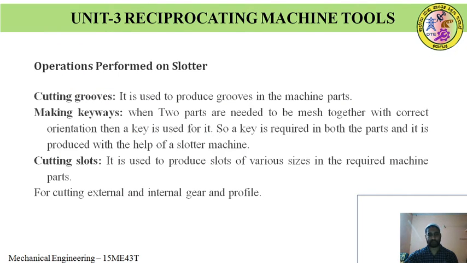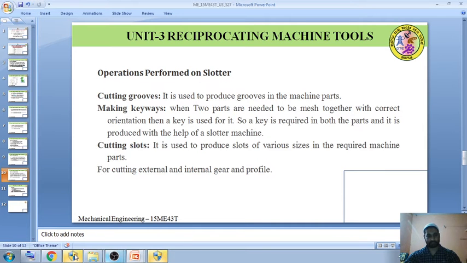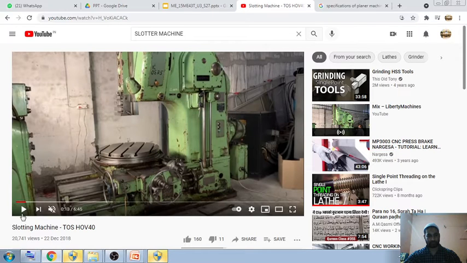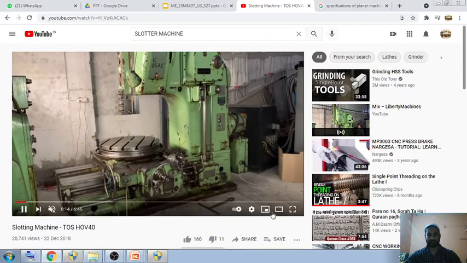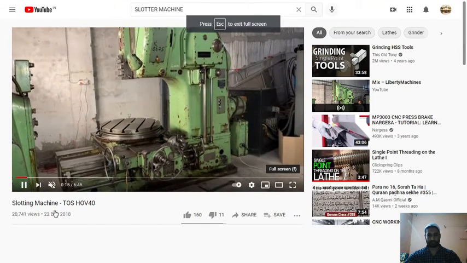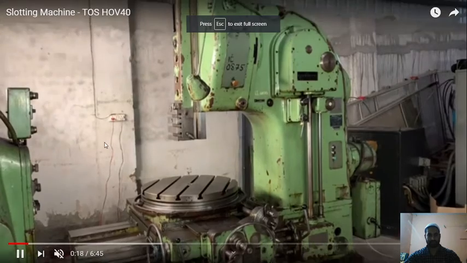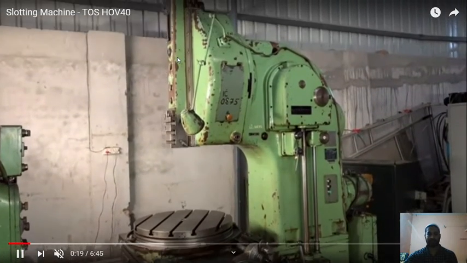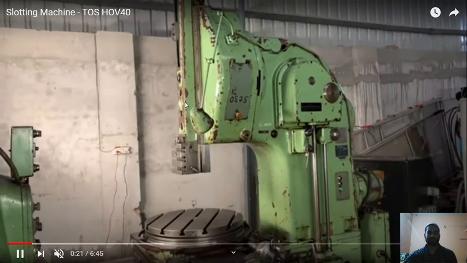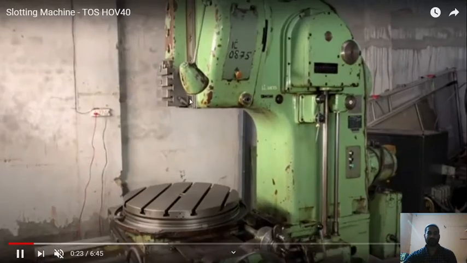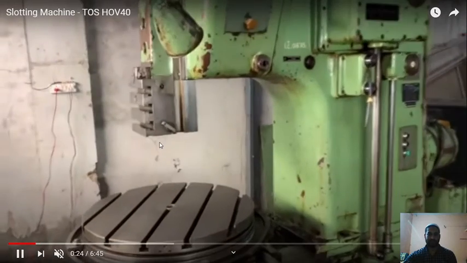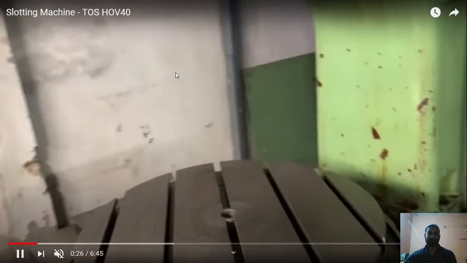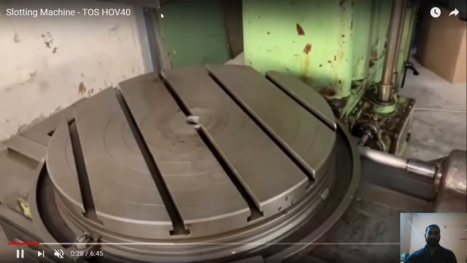Before ending this session, we will watch a simple video on the slotter machine. You can see the slotter machine here. Here the ram reciprocates in the vertical direction. The ram carries the tool. You can see the end of this tool.